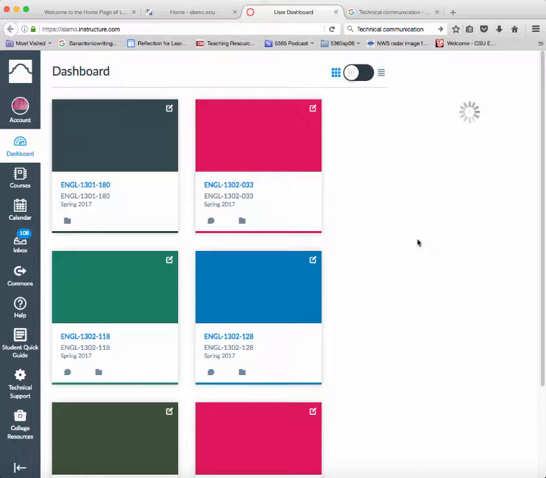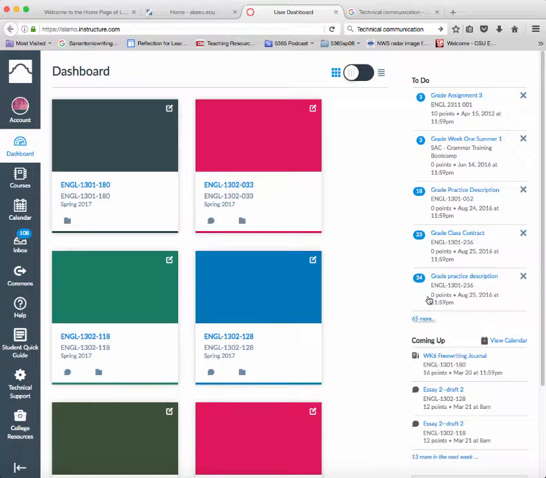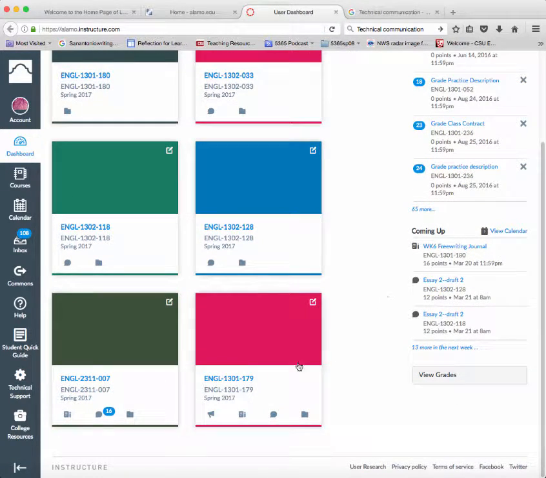And I want to emphasize that it's going to be important for you to actually enter our class and not do all your work through your dashboard. You may be used to doing that with your multiple classes, but it's going to be important for you with our class to go in,